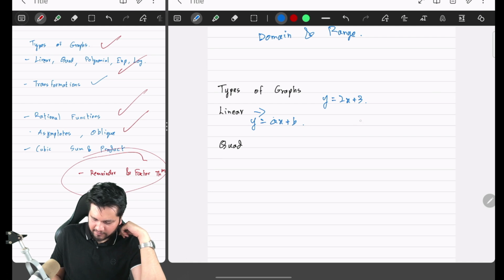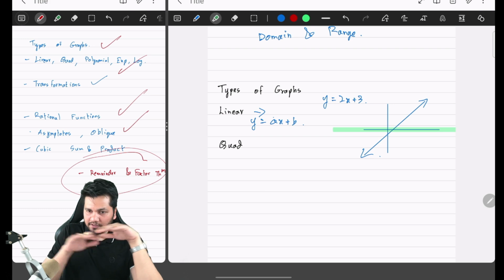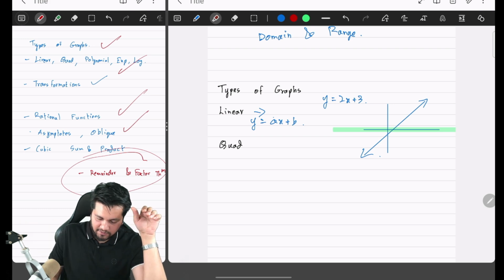Now graphically, what will happen? This is nothing but a linear graph, so it will look somewhat like this. As you can see, whatever the input values are, this is nothing but your x input values, that is nothing but your x-axis values. So you can see all real numbers. At the same time, if I talk about all output values,